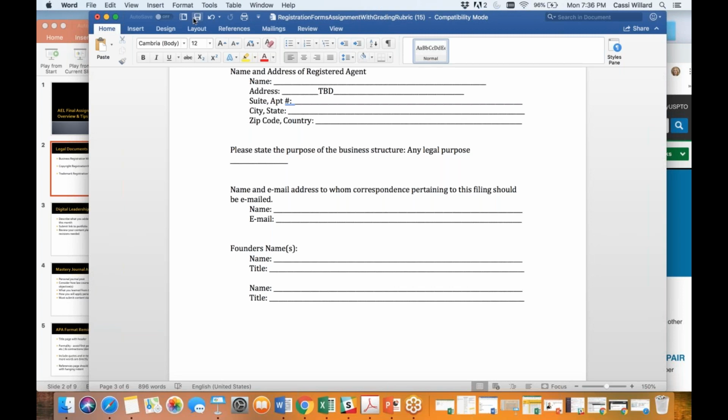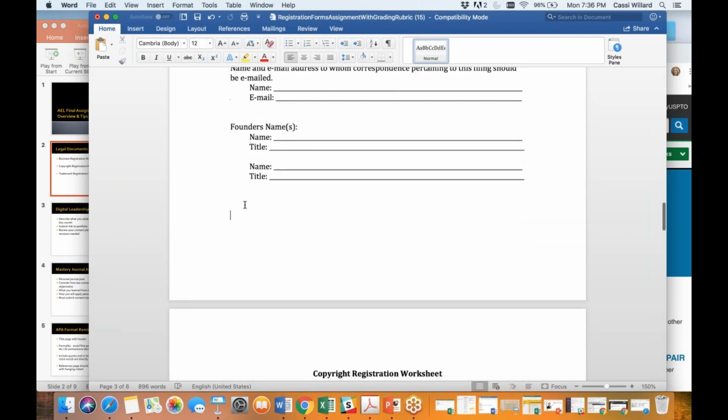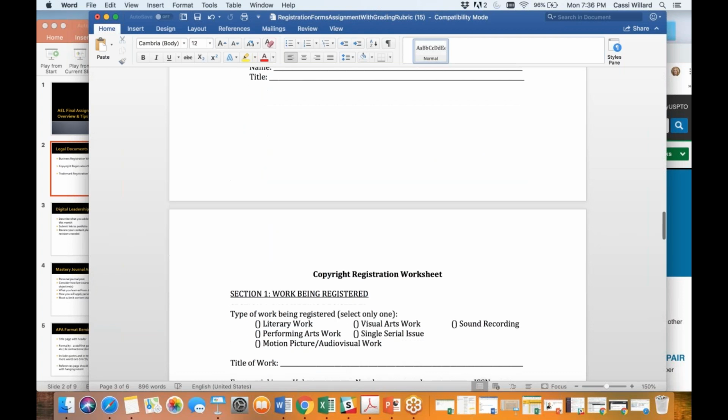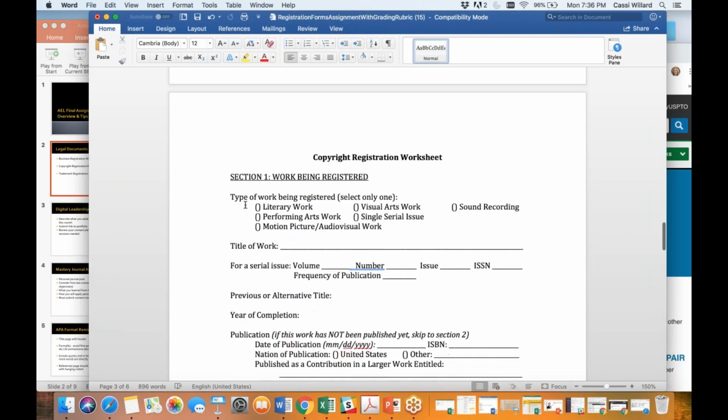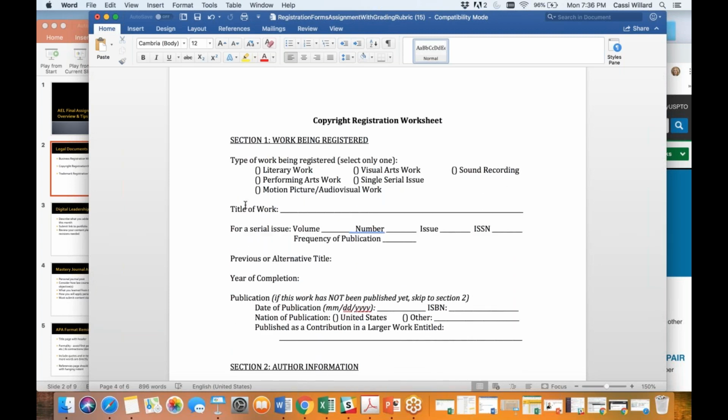All right. Once everybody is wrapped up with the first form, make sure that you hit save so you don't end up losing the first form. Since we are done with the first of our three forms, we are going to maneuver on forward into the copyright registration worksheet. The most frequent place where students lose 5 points is actually from the business registration page,